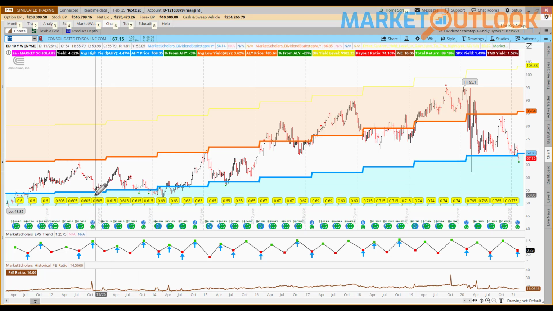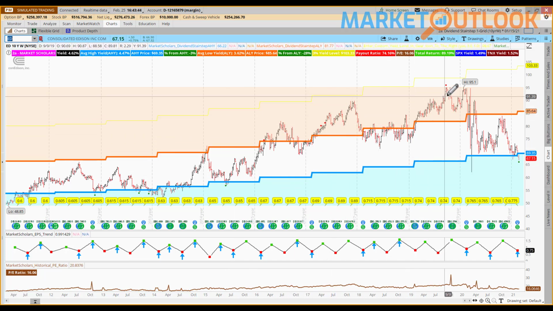You can see it had an oversold cluster signal on a weekly candle back here in November of 2012. It did it again right here in September of 2013, in December of 2013, and then one more time right here in June of 2015. And then it went off to the races along with all the other utility stocks, where they remained overvalued for a long period of time, up until recently, where it's now become attractive again